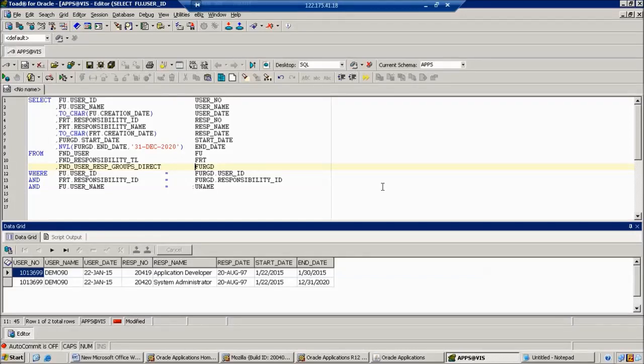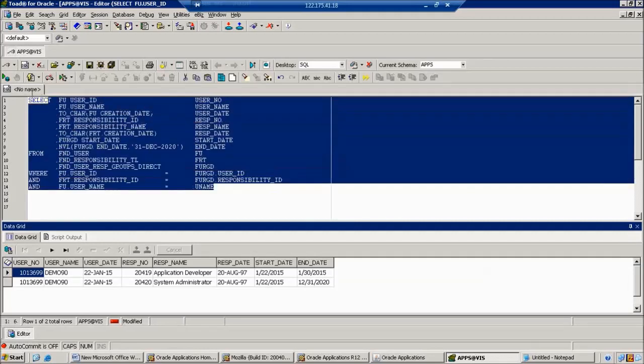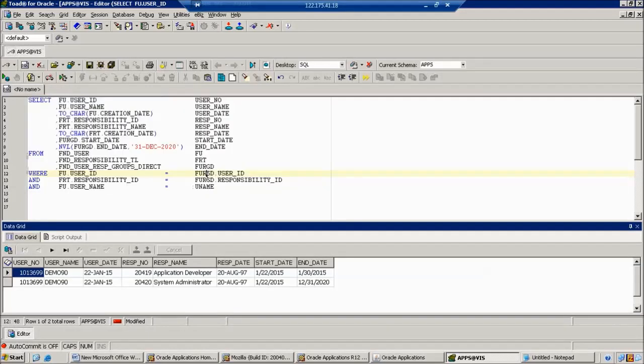Now I want to copy this query and place it in the data model. Just copy the query. All of you clear or not? This is the standard way. Each and every person should develop the query in this way only. Don't use small letters. Don't use unnecessary column names. This is the standard format.